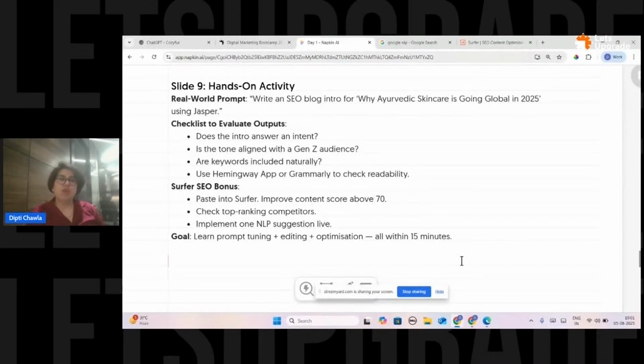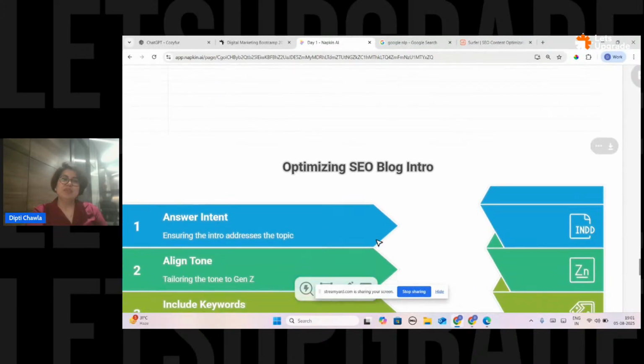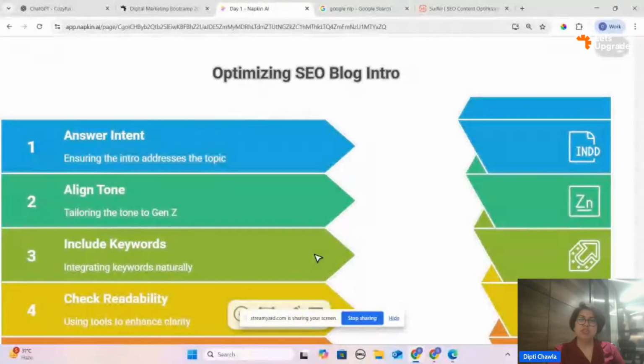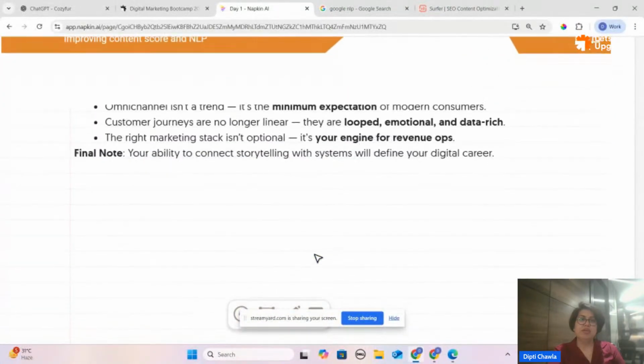Trust me, content writers take a lot of time, and that's okay, because they do a lot of manual work and research to make a very good content piece. But AI tools can help you do that task within 15 minutes to a maximum of 1 hour. So why not use AI? Here comes blog optimization. This is something I created earlier.